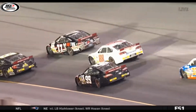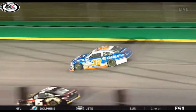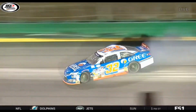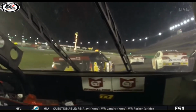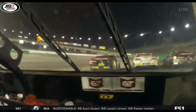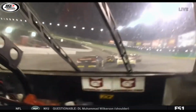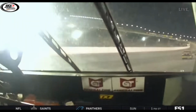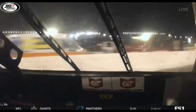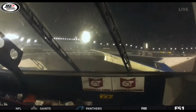It happened when they were grinding on that restart, Kevin. I really believe that Purdy had an issue and didn't really know how bad the issue was, and there's Gus just losing it. Is he, though, reacting? Is he trying to get down to the bottom to avoid that? Well, I think we haven't been in this restart scenario in a little while. These guys have been on that bottom lane, and we see right here, he just gets up and out of that black just a little bit, and unfortunately that car just goes up and out of the racetrack. You can hear him pedaling there, guys. He was trying to save it just into gray. But he's losing it before you can even see anything going on up ahead of him. Yeah, I think unfortunately this...